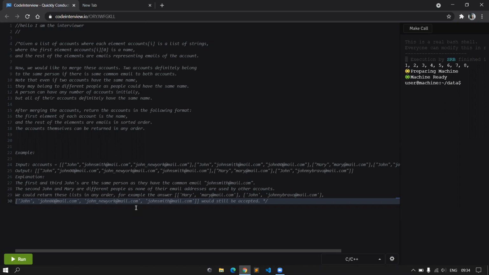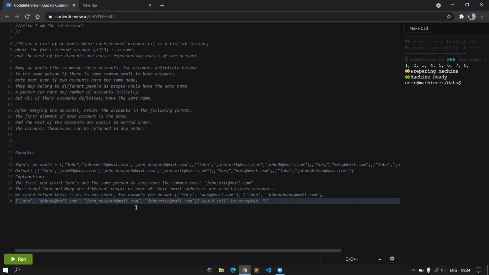Okay, let me go through the problem statement itself. Given a list of accounts where the first element is a name and the rest of the elements are emails of the account. So for John, it's johnsmith@mail.com. Then again, john_newyork@mail.com.